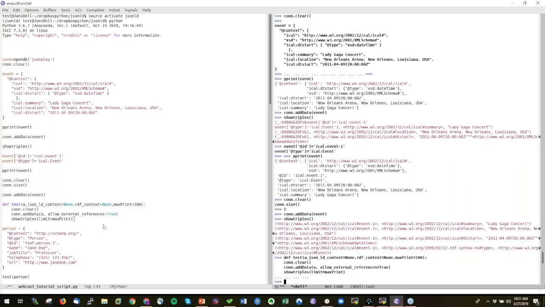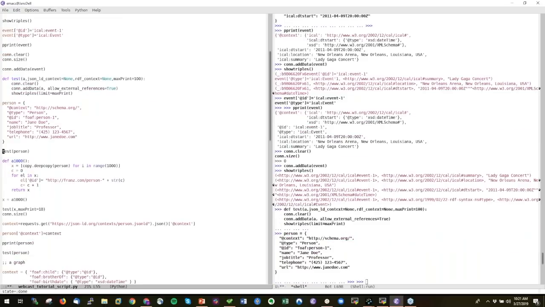Yeah, so we have a person where the definition is at schema.org. Yeah, and we gave it a type and an ID, and then the name is J. Doe. She's a professor, telephone number, and this is the URL that she has. And so I can put the person there. So now I have the person in the database, and now if I say test person,